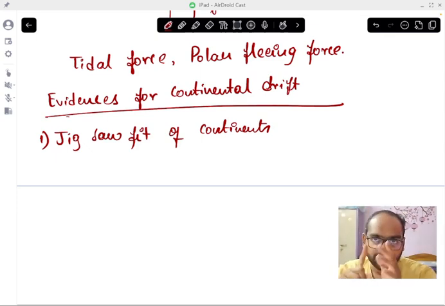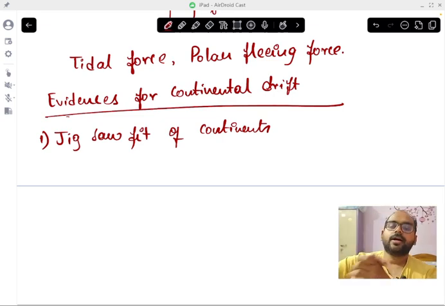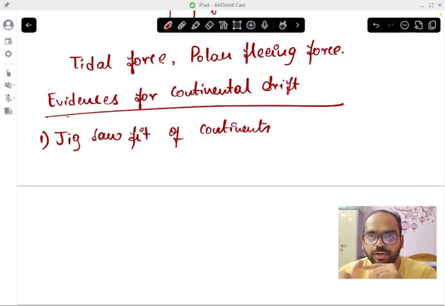This is one evidence. Another evidence is rocks of same age across the ocean. There is a technique called radio dating. Using this radio dating, scientists determine the ages of the rocks, how many millions of years back they were formed. Due to this radio dating, scientists found that the rocks along the eastern coast of South America, the Brazilian coast, and